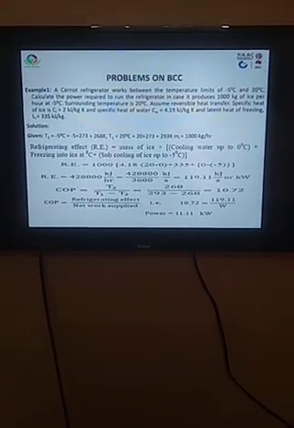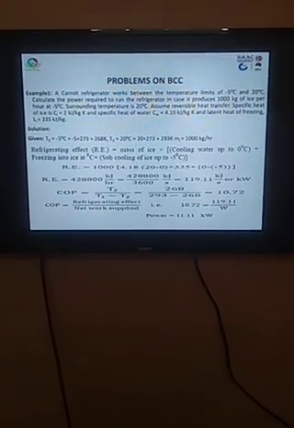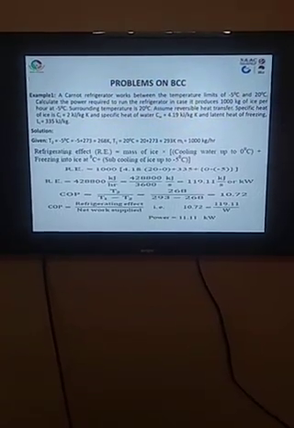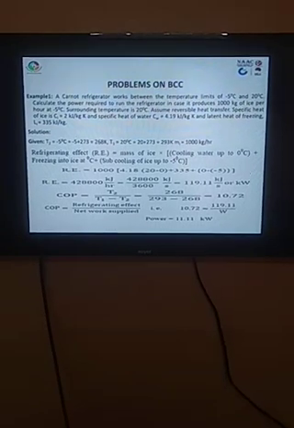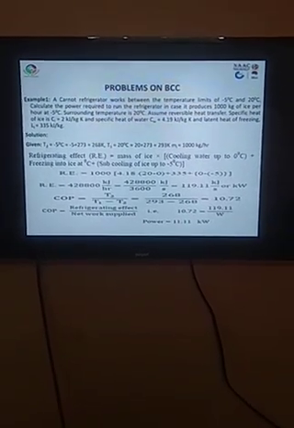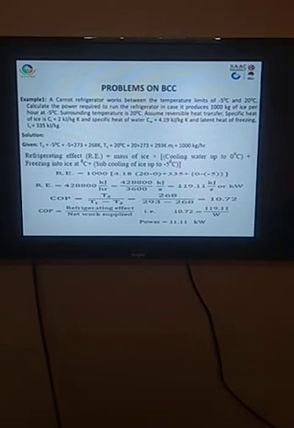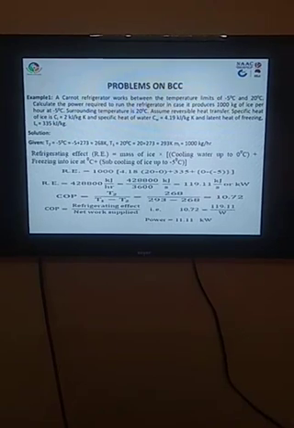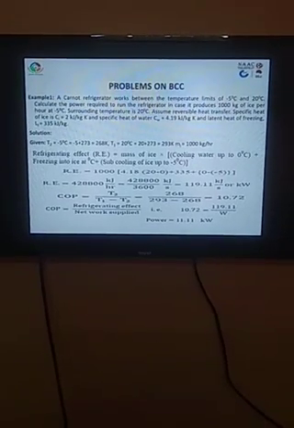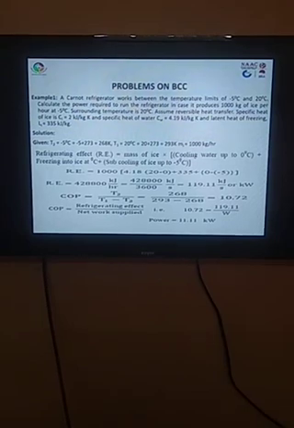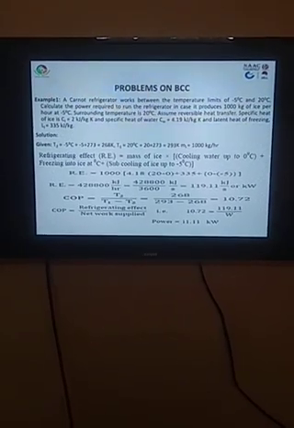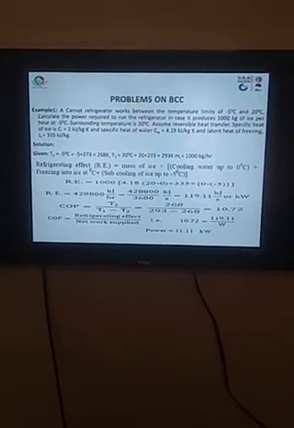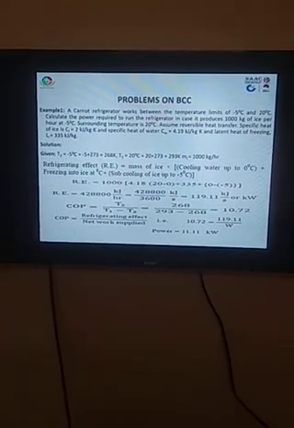Now to calculate the power, we need to use the same coefficient of performance formula, that is the refrigerating effect upon work supplied. Here the work supplied can be considered as the power. So the COP value is 10.72, which is equal to refrigerating effect, which we already calculated as 119.11, divided by W, nothing but the power for this particular case, as we are calculating in terms of watt. So the power value will be obtained as 11.11 kilowatt. So in this way we have to solve the numerical.